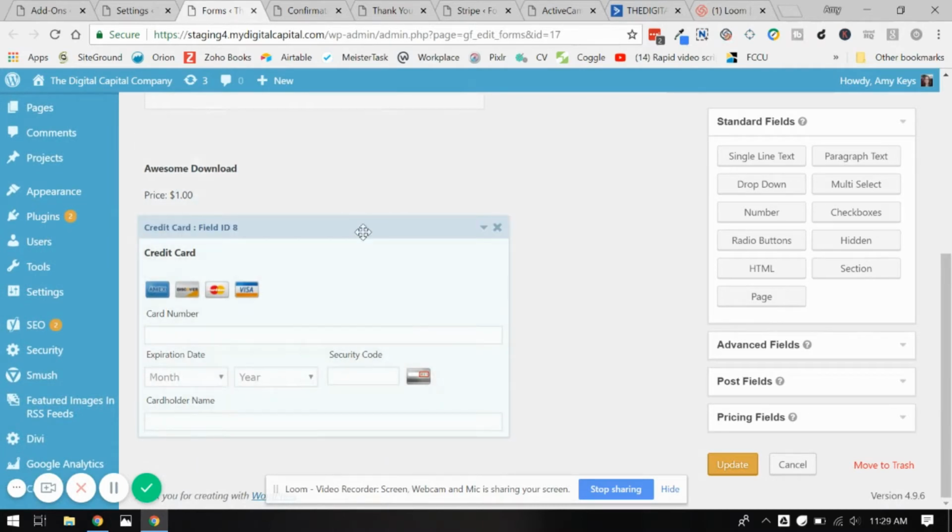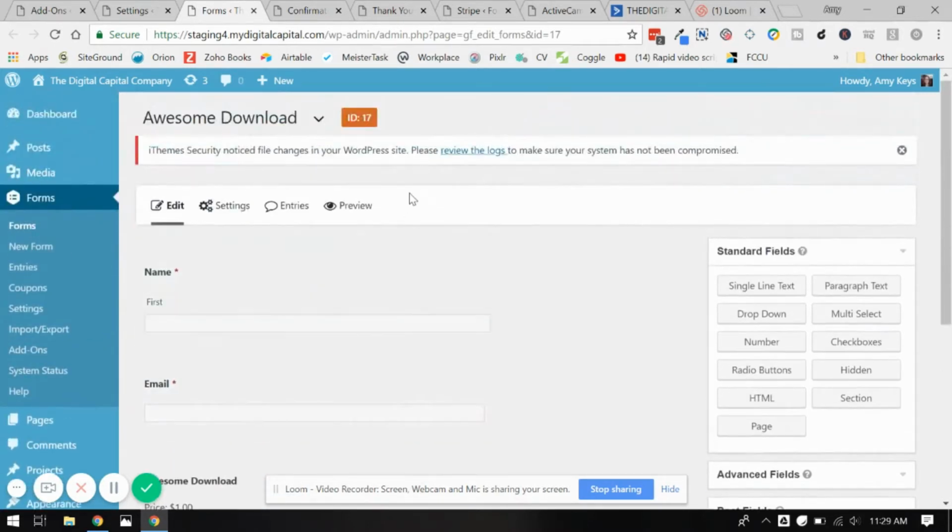Always make sure when you add in a credit card field, you do something to remind yourself that just because you've added in a credit card field into your form builder, that doesn't necessarily mean that the payment processor is connected. It's easy if you're going fast and building these forms to dump a credit card field in here and think that when people go to pay, it's all set up. You need to make sure that you actually make the connection between the payment processor, in this case Stripe, and